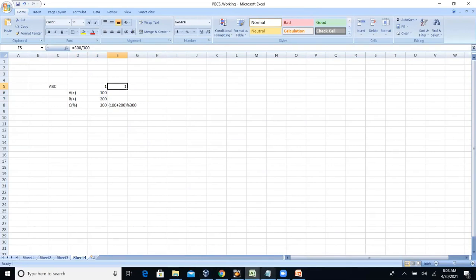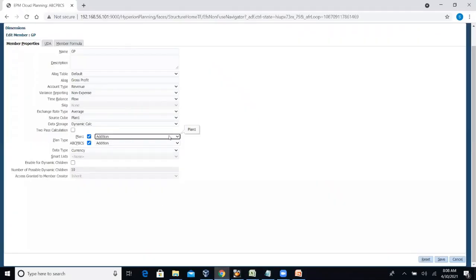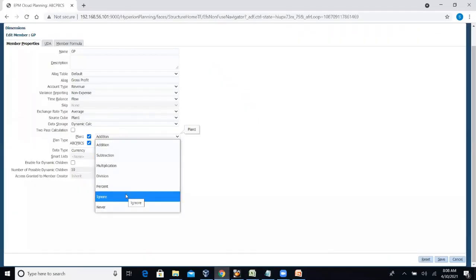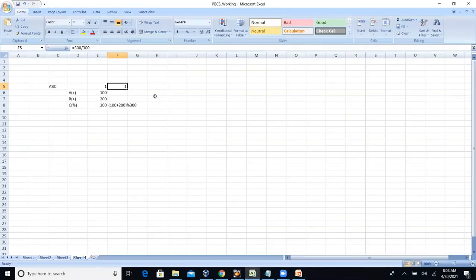The most important things are here: ignore and never. How HBase treats the consolidation property as ignore and never. Okay, I will show you in one example. My parent is A, B, C, and I have January, February, and March, and the third one is Quarter 1.